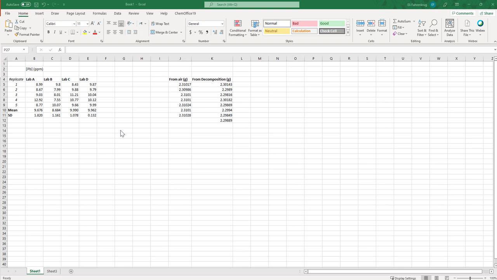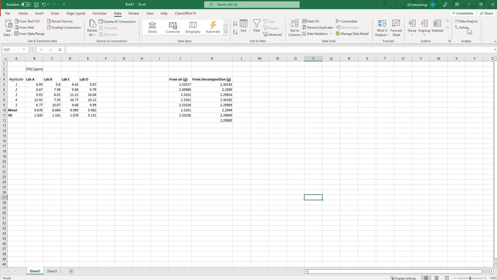So when we're thinking about how we could answer a question like, is the mean value for lead concentration measured by lab A statistically different from the mean value measured by, say, lab C, we would need to employ a t-test. And since these are identical samples being measured simply by different analysts, we'd need to run what's called a paired t-test. To run a paired t-test, you're just going to go up to Data,